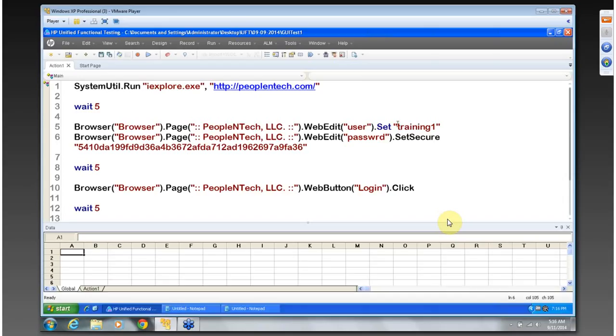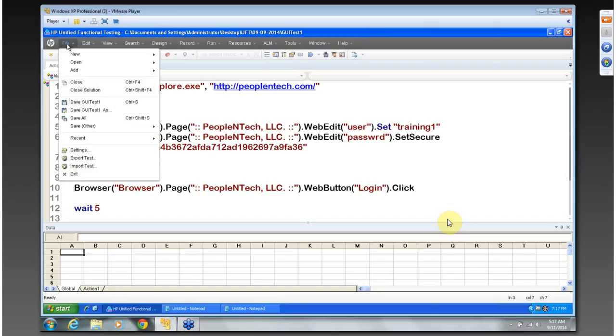Okay, how am I going to do it? These are constant values. These are just regular values. I'm going to change these regular or constant values to parameterized. That means making it parameterized means I'm going to run the same script with different values. Okay, so look. The very first step you need to make sure of is to click on File. Guys, if you cannot memorize it, please write it down. Click on File,